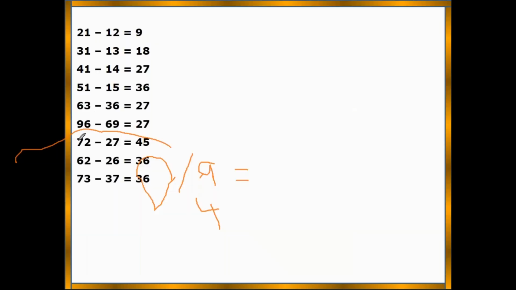Please check it again. 9 by 9 is 1. That is the difference between 2 minus 1. 27 by 9 is 3. That is the difference between 4 minus 1. So please check once again. Most important concept. So hope all of you understood. Yes.